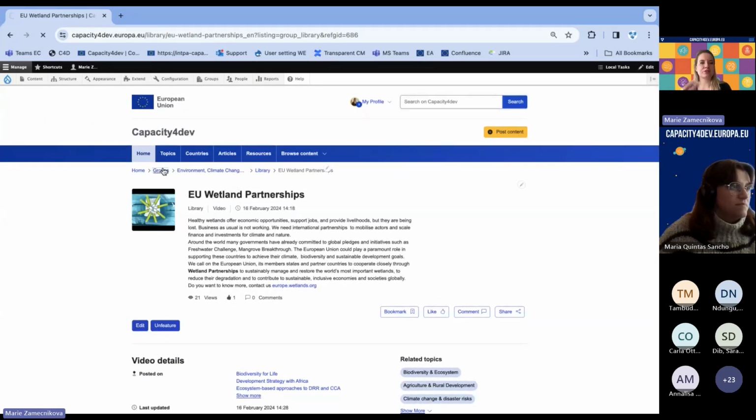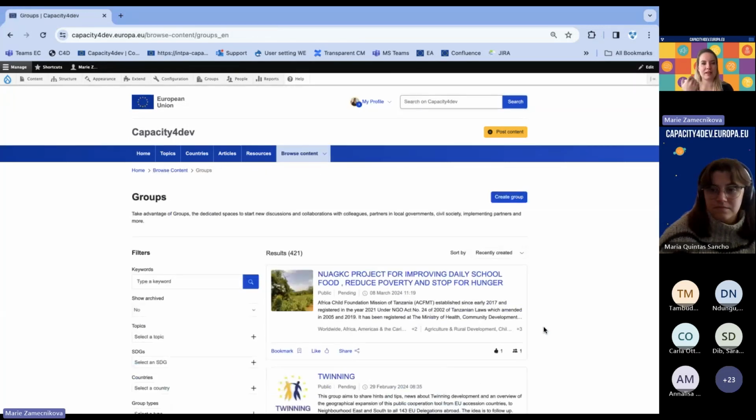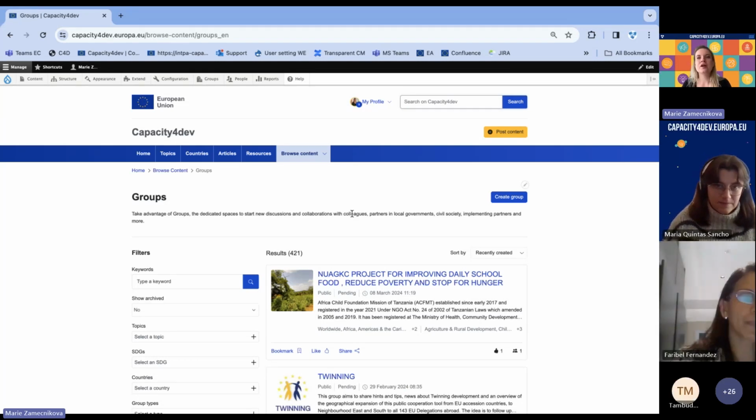So I said many times that we have three different visibilities, which are private, restricted, and public. What is the difference is that public means that it's open to the wide public. So everybody can see this exact group. There is only one difference: either there is automatic accepting of the members, so if you click on it, you are immediately inside, or the space managers can choose that they need to actually validate your access to the group. Then you request the membership and you wait, let's say, 24 hours until the space manager will validate you. They usually receive the notification email, so they usually do it really fast. But in case you are waiting for longer, you can also contact us on support@capacity4dev.eu